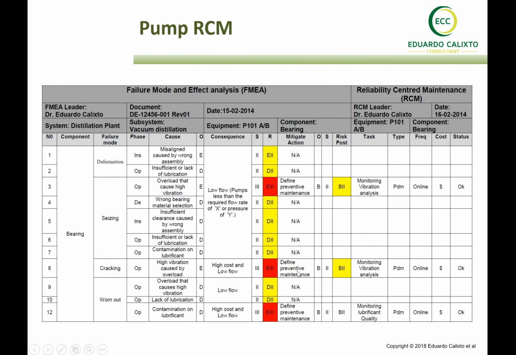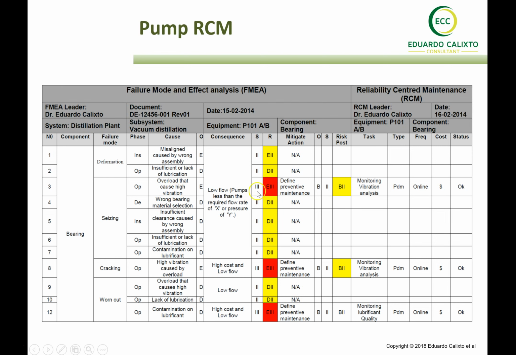Okay, so let's go to the first example of our pump RCM. As I mentioned before, we have an integrated template with some information of the FMEA as well as the RCM. Since we carried out the FMEA, what we are looking for as RCM inputs are the failure modes that have preventive maintenance as a recommendation. Okay, so based on these